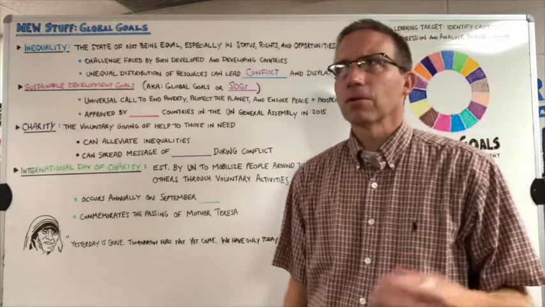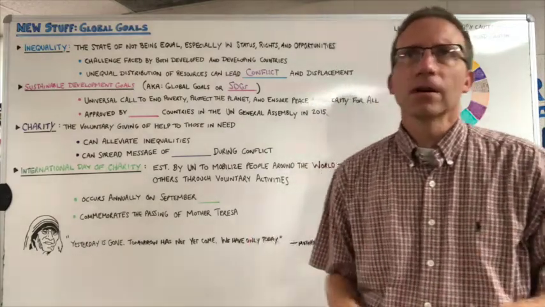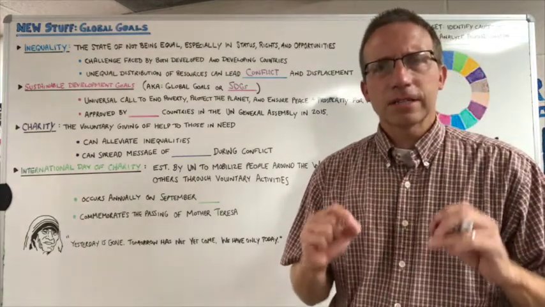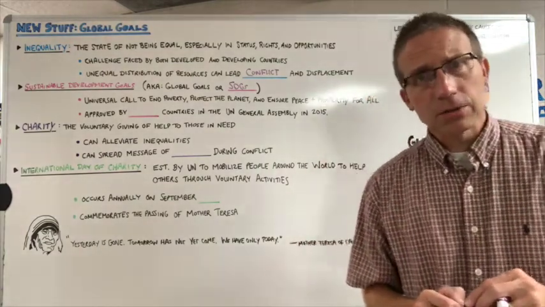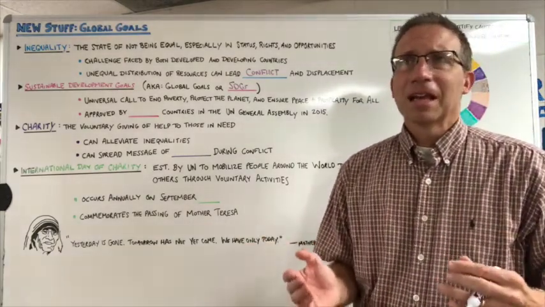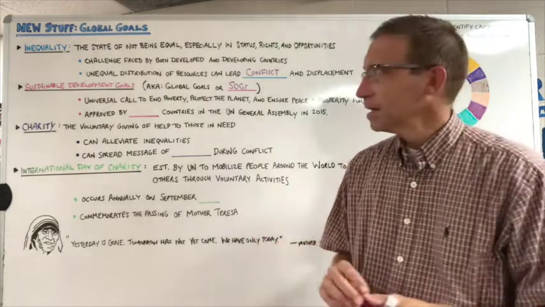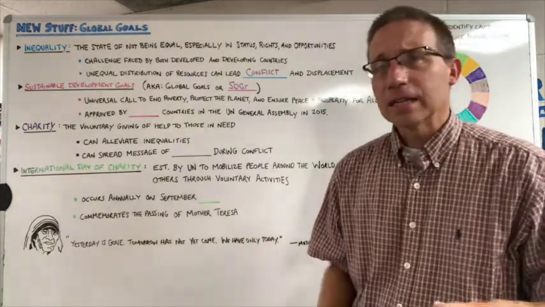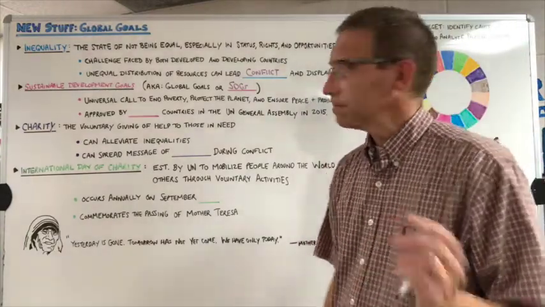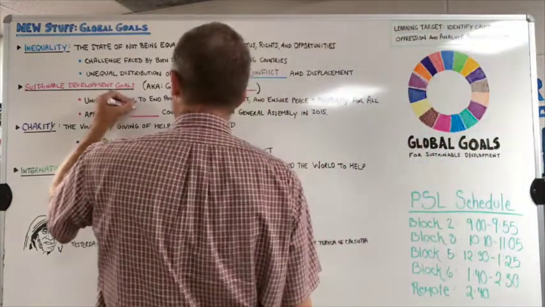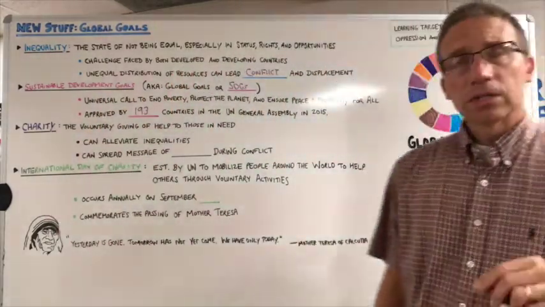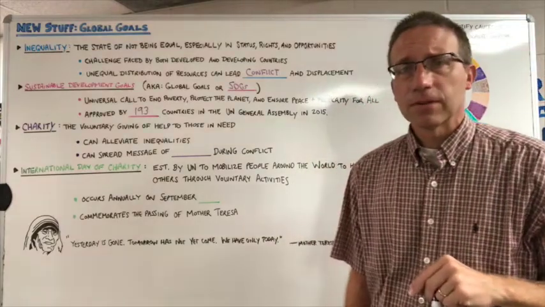Interesting thing about these goals is there's 17 of them, which is kind of an odd number. You would think if you're making goals, you might choose a round number like 10 or perhaps just a few goals like 5. But in order to get every single member nation in the United Nations to agree on the goals, they had to do some compromising and some wheeling and dealing. And so to make everyone happy, they settled on 17. And because of that, they were able to get unanimous approval in the United Nations, meaning 193 countries in the UN General Assembly agreed to those goals back in 2015.